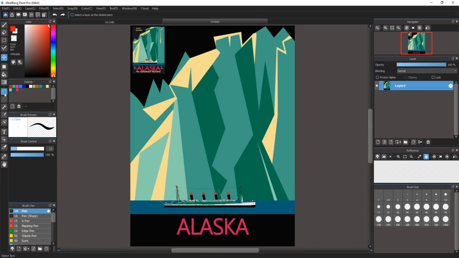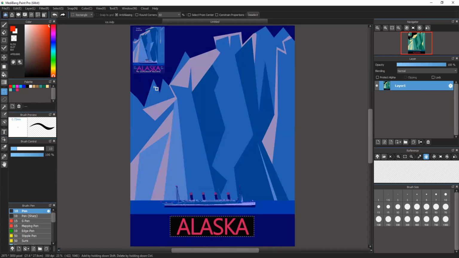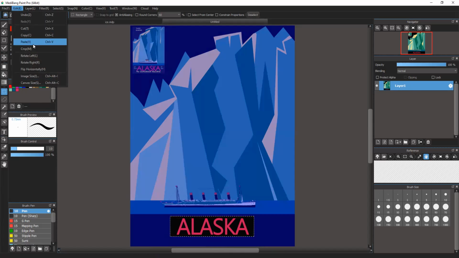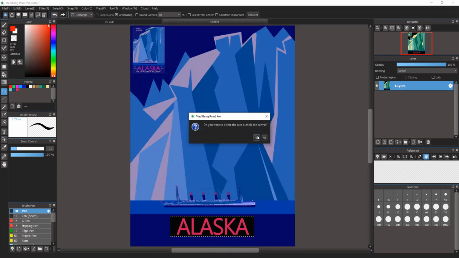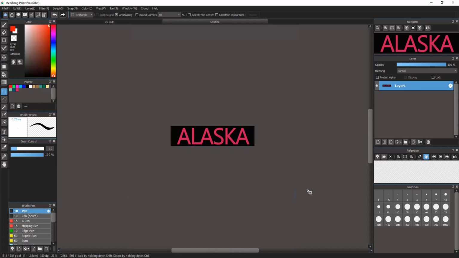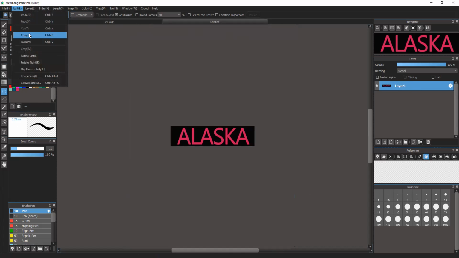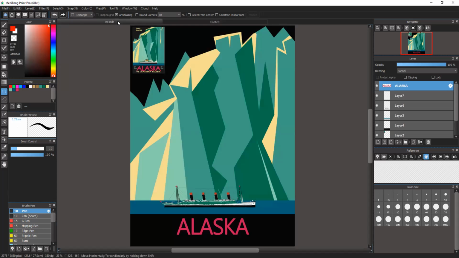And if I click the square selection tool, the rectangular selection tool, I can pick out the text there, and then just crop that out. Go to Edit and Crop. Yes, and then now I just have that, and I can drop that back into my original picture by simply copying it. Just go Control-C or Edit, Copy, and then go back to the original, and on a new layer, place it. So just Control-V or Edit,